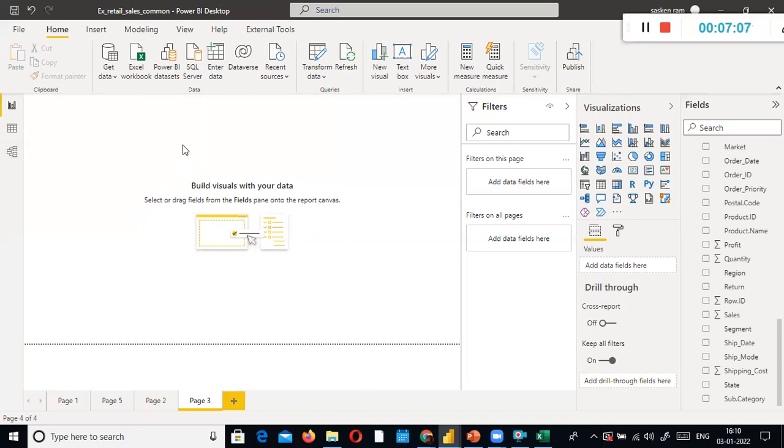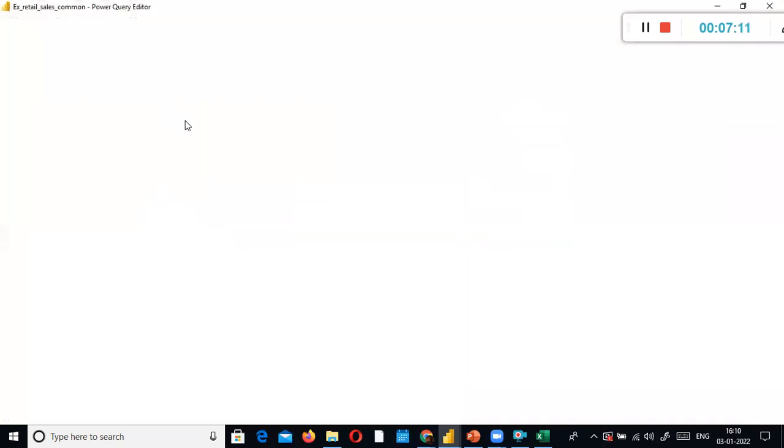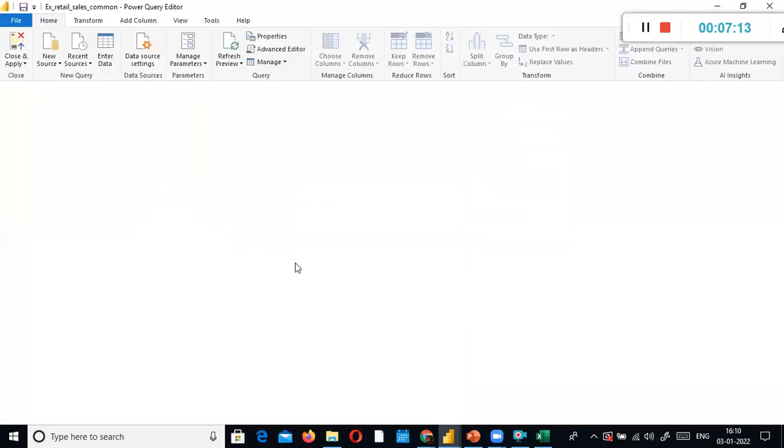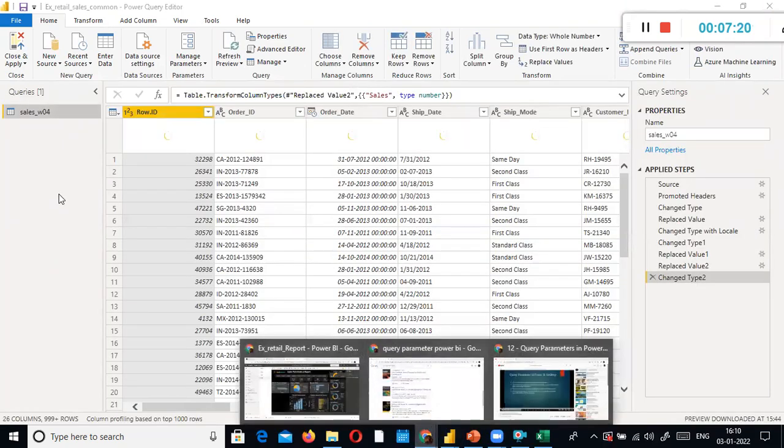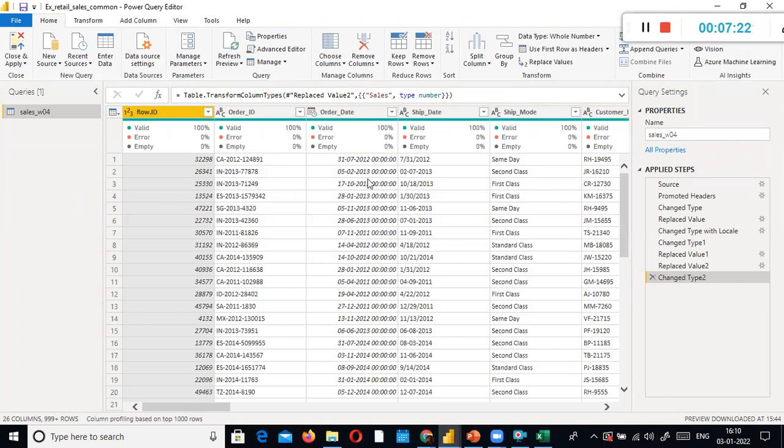And also we don't want to open the transform data every time, and we don't want to filter it manually. Okay, we don't want to do it whenever we want it. So all we need is, once we publish, I'll show you the benefit, right? When I show you the demo, you will be able to understand very clearly.